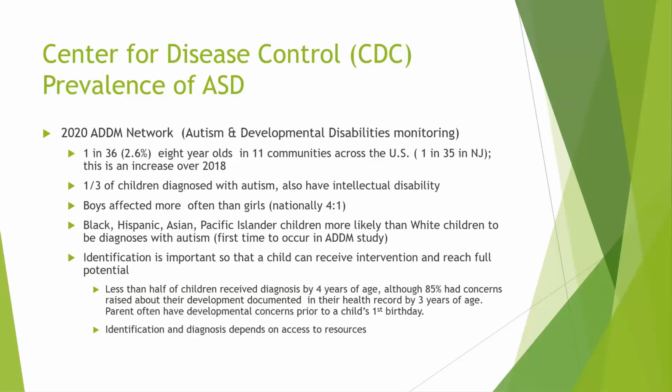But despite that, unfortunately, less than half of children receive a diagnosis by 4 years of age. Remember how I told you in the other slide that they have shown that we could make a diagnosis as early as 18 months. But unfortunately, between the combination of a long wait list for clinicians, and sometimes also, believe it or not, parents being told different things by their pediatrician or by their friends, that he's a boy, of course it's going to be delayed in speaking, just give it some time, he's a late bloomer. And between all of that, this delays the diagnosis furthermore.